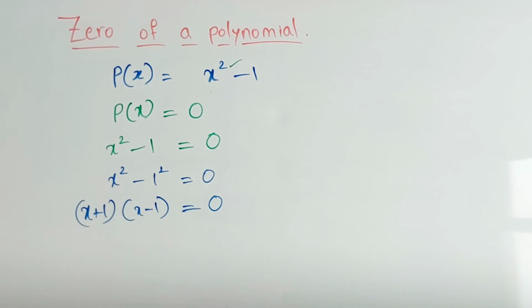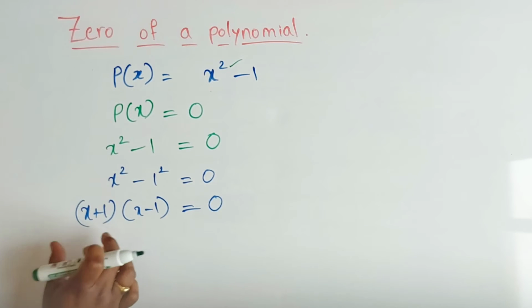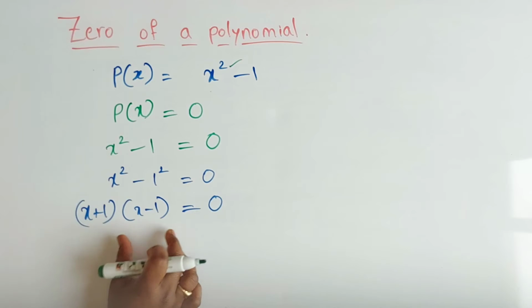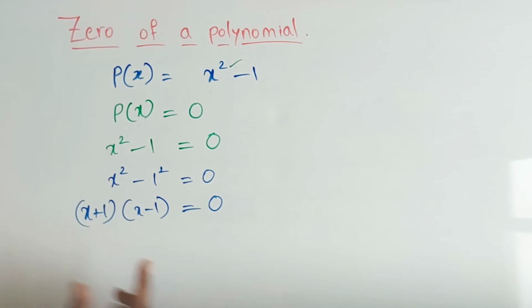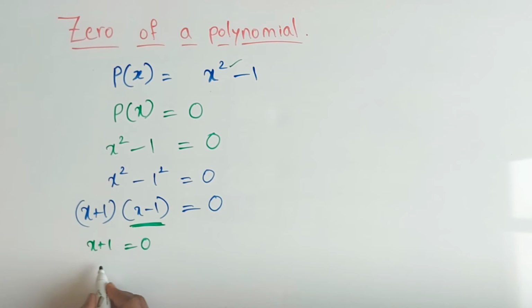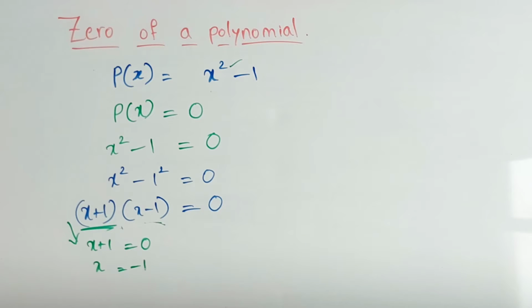It is 0. Correct? So now we want the zeros of the polynomial. If I make this one 0, then I will get this x value. If I make this term 0, I will get another x value from here. Let us see how it is. So first I will make this term 0. So x plus 1 will be 0. If I send that side, this is 0 completely. So x plus 1 is 0. From here I am getting the x value minus 1 from this term. Correct.